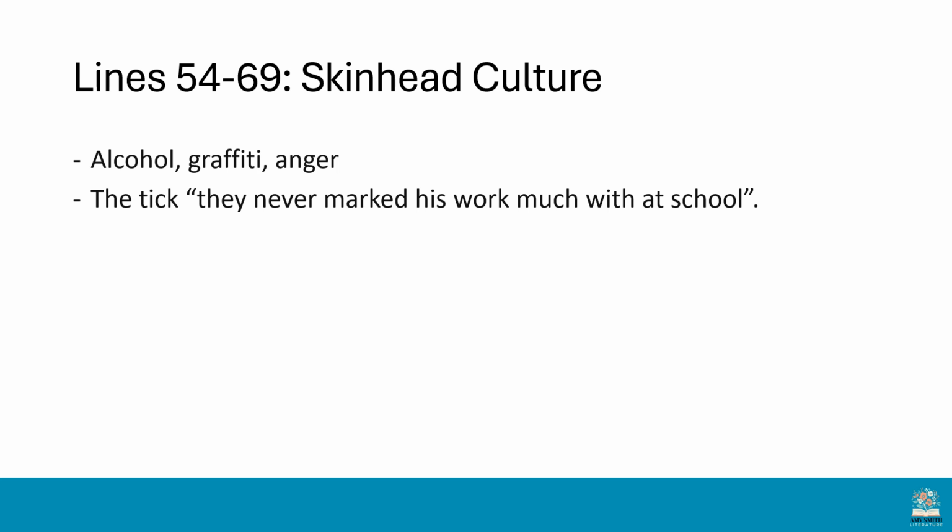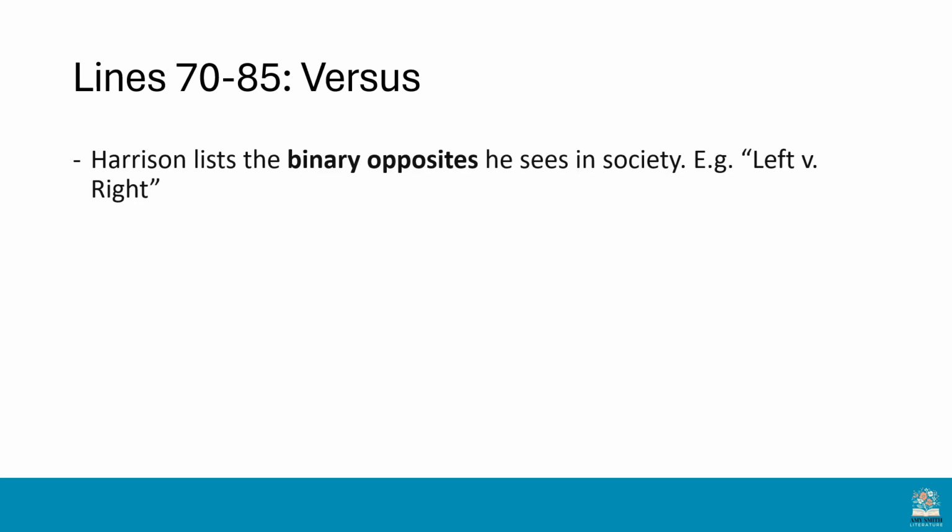As well as being versus and victory and all of that, it could be the shape of a tick. But really sadly for these characters, they haven't succeeded in the mainstream education system, and that being let down by the education system has led them, at least partly, into this situation of unemployment and into this situation of being incredibly angry. Moving on in the poem then, lines 70 to 85, the main theme here is versus,